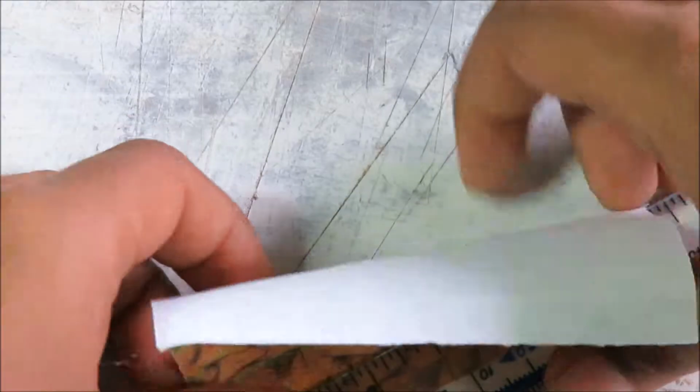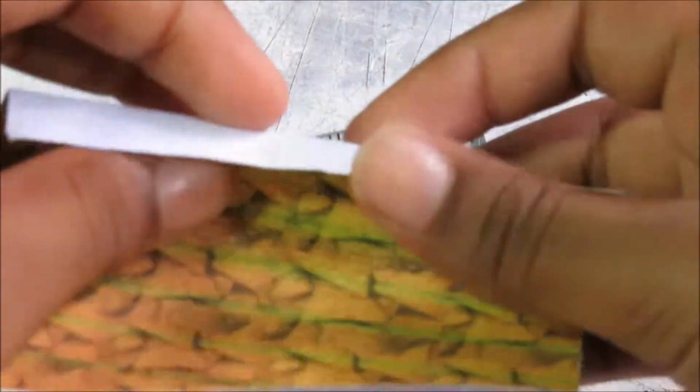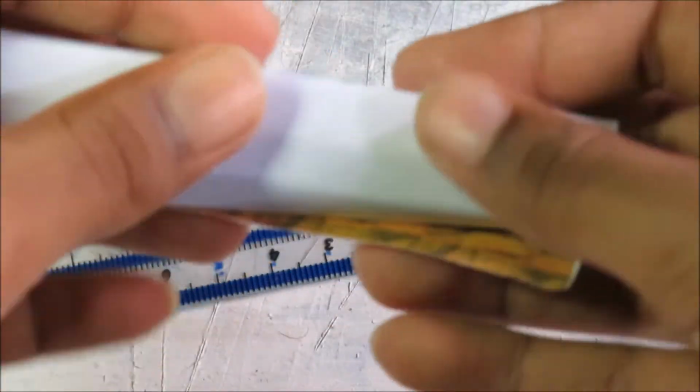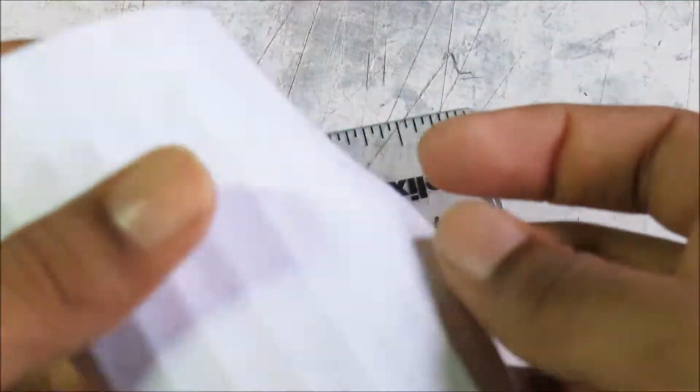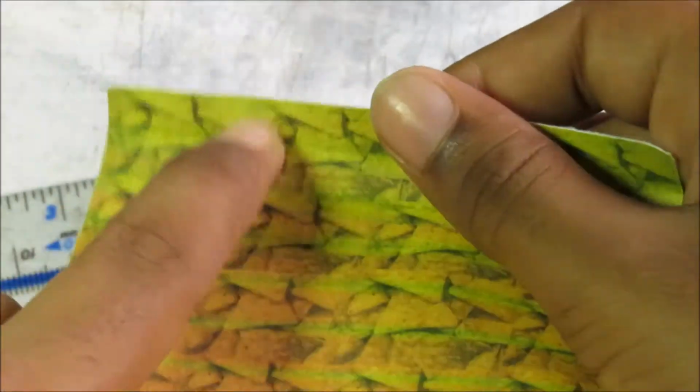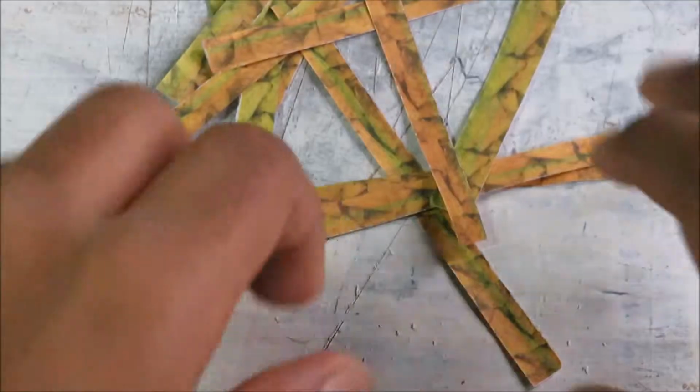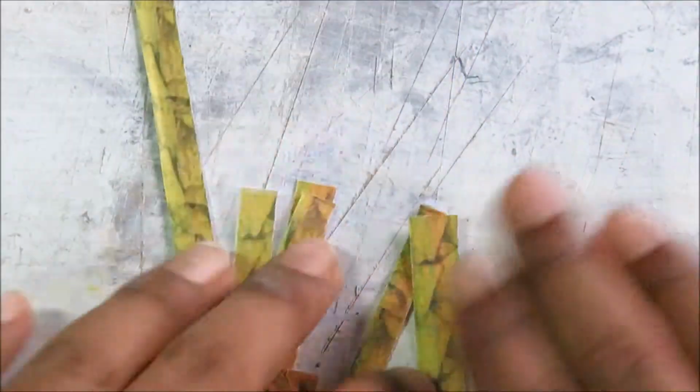triangle it with your fingers, the thumb and another finger. You can fold it as shown in this video. So sorry for any blur effects, because my camera was not focused at the moment, so I apologize for that. So like this, you have to go on creating your triangles, and after you have created, you can cut